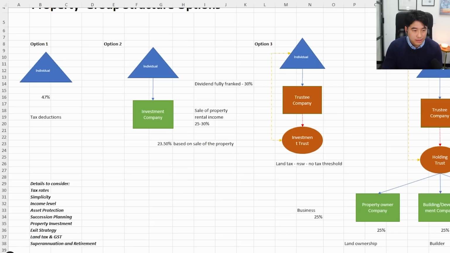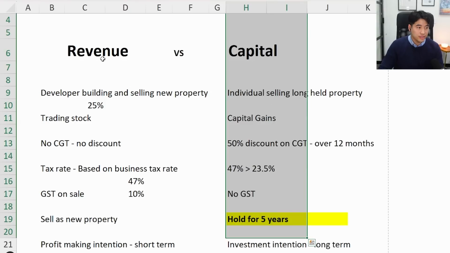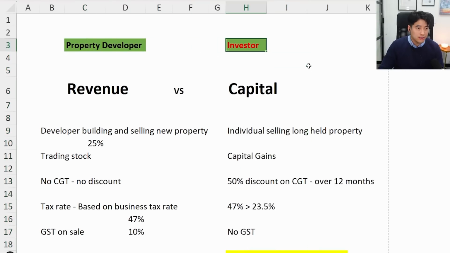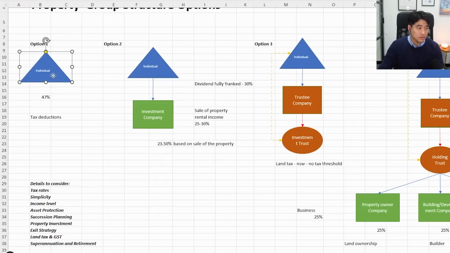But remember, guys, with these structures that you're planning to set up, most of the time you're doing it because you're buying a property for your home, for you to live in first. If you're doing that, like I said, 99% of the time, if it's your home, you buy in your personal name. And then when it comes to investment, like when you're buying your next one, you need to firstly class if it's property development or investor. If it's investor, then you've got 3 options: your personal name, company, or trust.